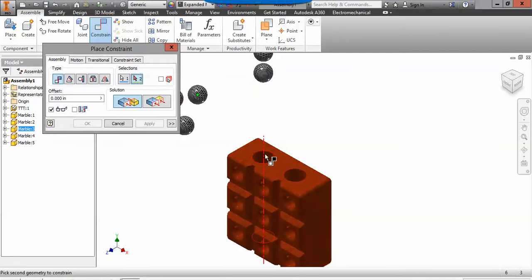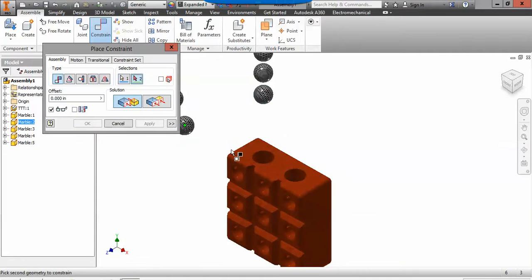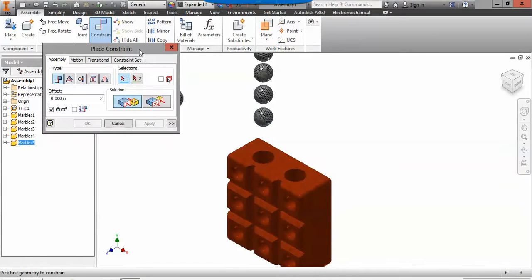Constrain. The ball to the hole, apply, cancel, and bring it out. Constrain. The ball to the hole, apply, cancel, bring it out. And finally, our last one,